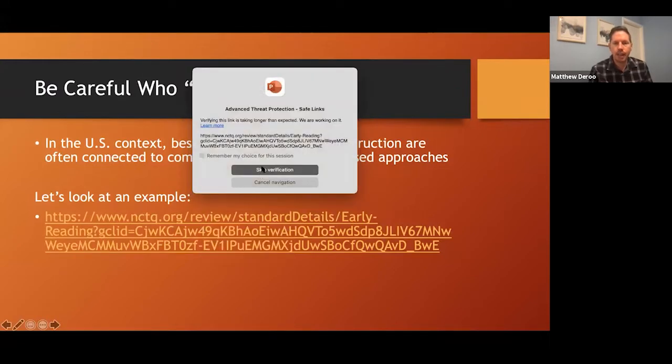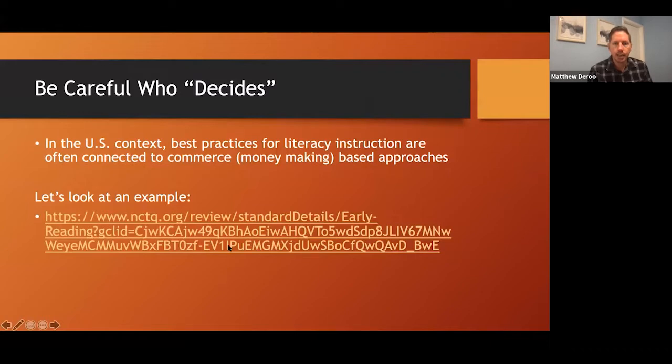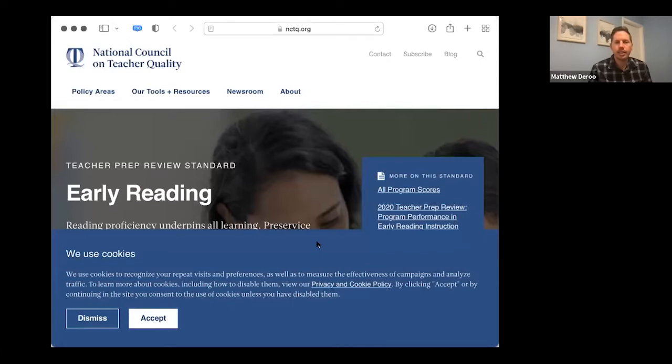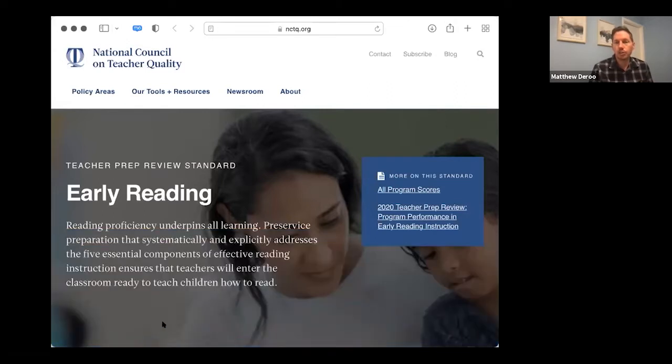And so I have this list for us, and I'm going to stop the share here and now share the website. And again, this is a U.S. based organizational body, and they say that they're concerned about the teaching quality, right? So it's framed as if we want good teachers because we want good teachers for students to learn, and it's best if we have high quality teachers because high quality teachers will mean that there's a better chance for student